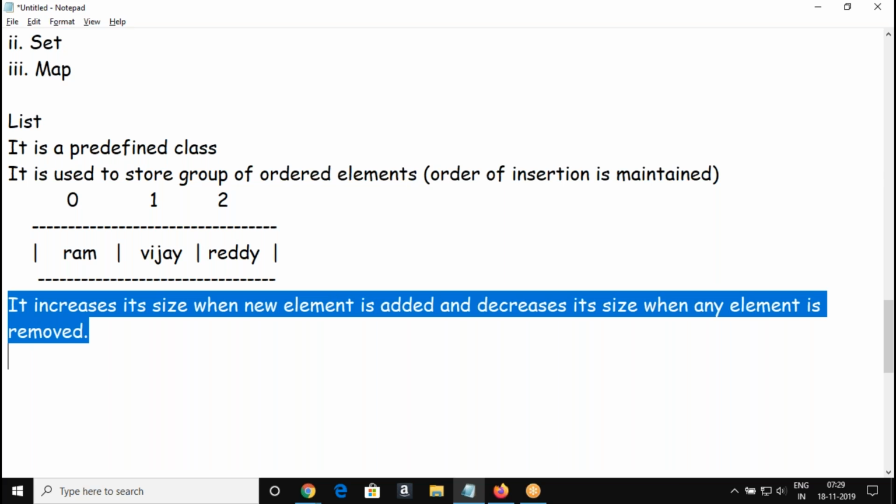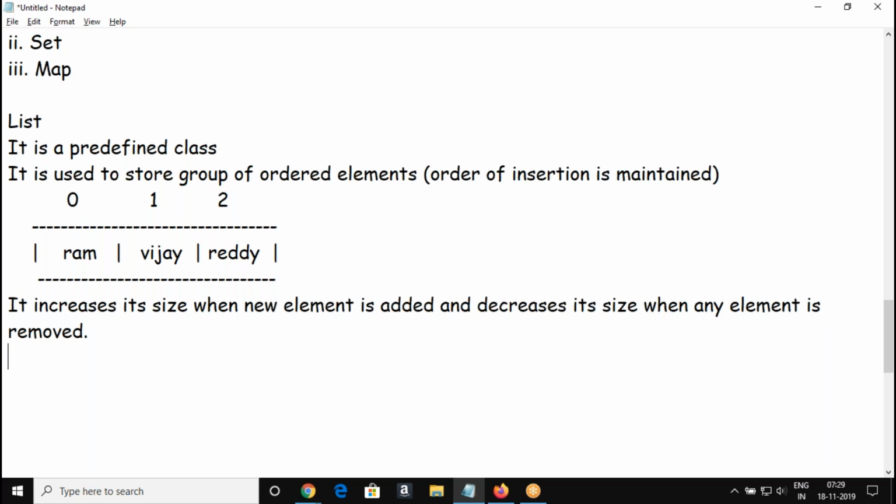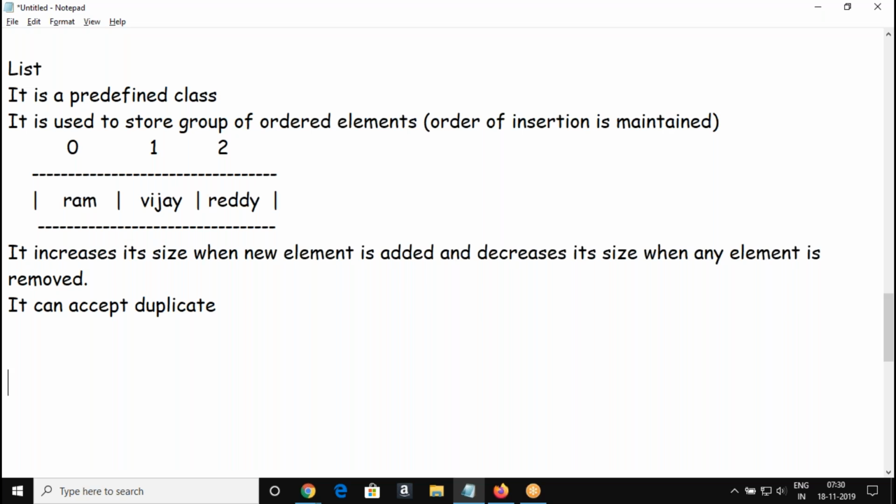Because it won't hold memory without any data in it. A list will increase and decrease its size as per the number of elements in the list. And it can accept duplicates, similar to your array, because every element is stored in the form of an index. Do people get this?